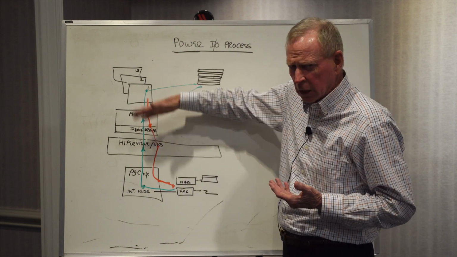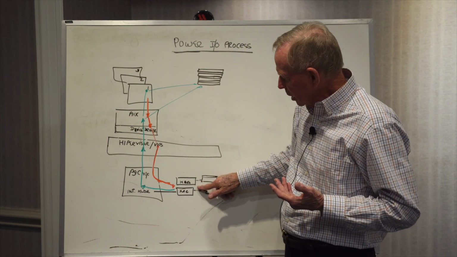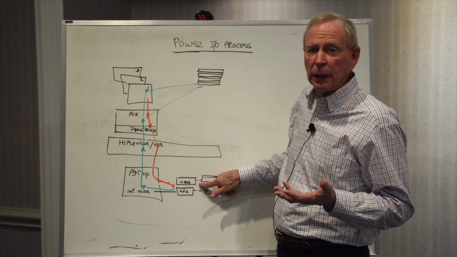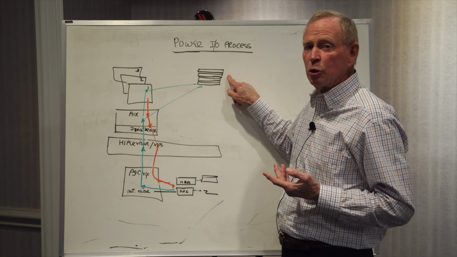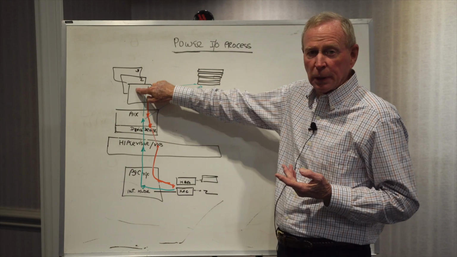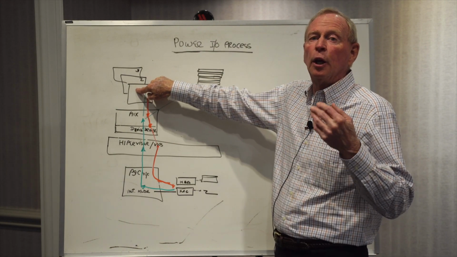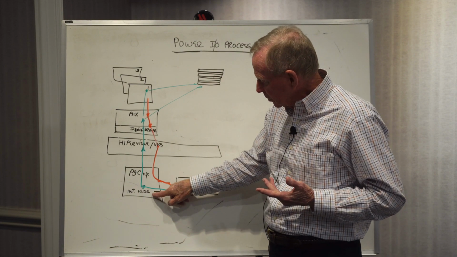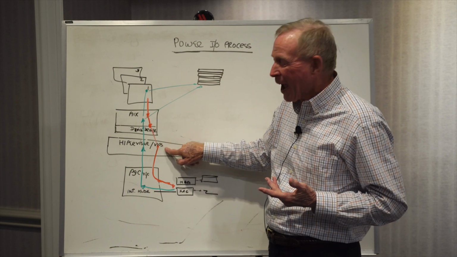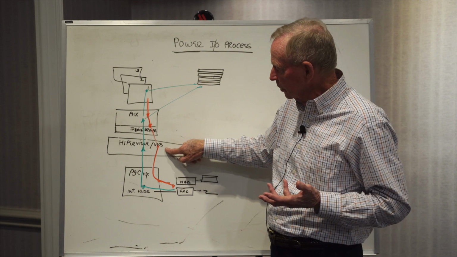This is doing nothing while this is going on. The data is then completed to the adapter, which has to put it into memory before the application is told, here's your data, continue. So the way it does that is the interrupt handler goes back to the hypervisor and